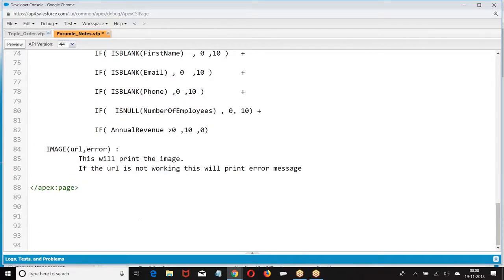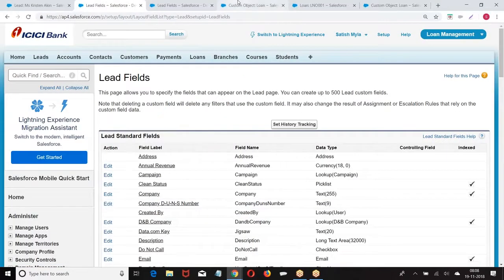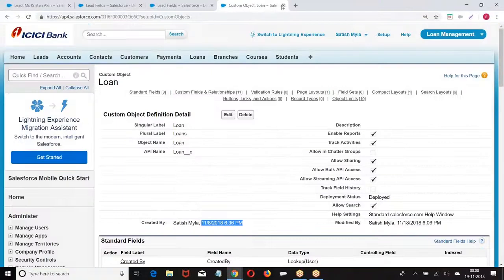So let us look at this. Now we have an image. What is this image? I am going to give a URL. When I give a URL, if that URL is working, it's okay. If it is not working, then I was supposed to print that error message. Now the question is, do you want to take the images given by Salesforce, or create your own image? Do you want to take dummy images given by Salesforce, or upload your own image? Let us take, I want to upload my own image.